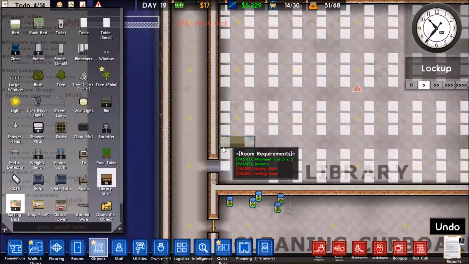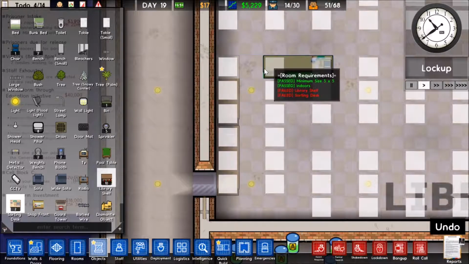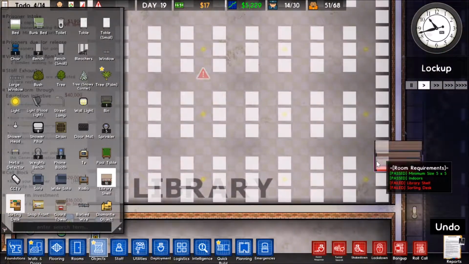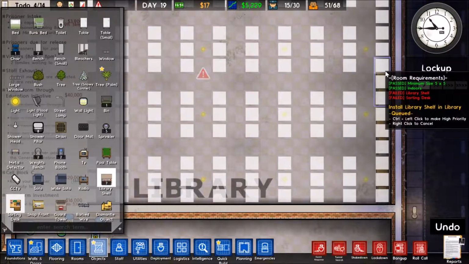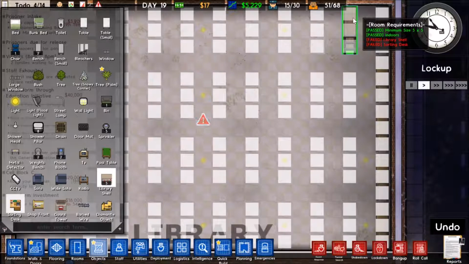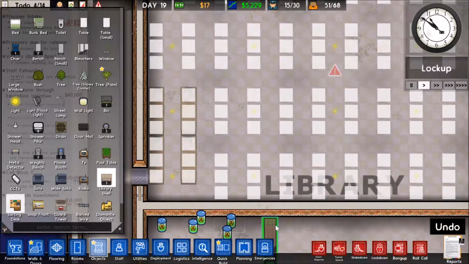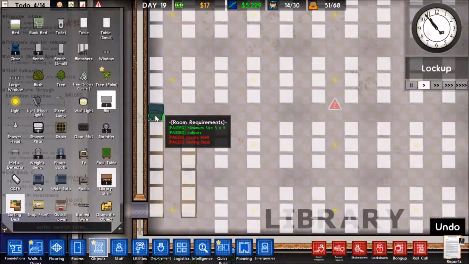Sorting desks. We're going to have these right here. And then we are going to have the library shelves. We're just going to start along the back wall this time, I think. There. So we've got those in place along the back wall. Then we have the one trash bin, which we will put...